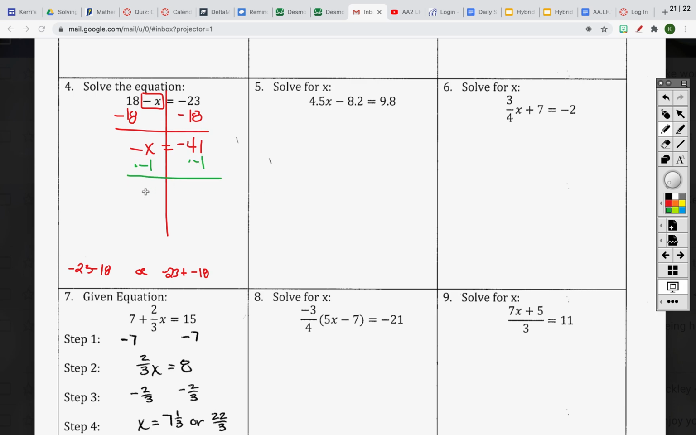A negative times a negative equals a positive. That is option 1. Option 2 is to recognize